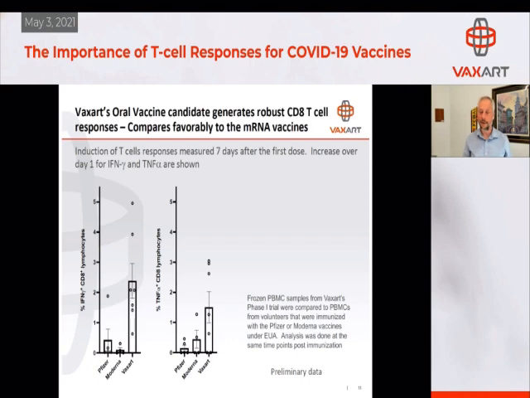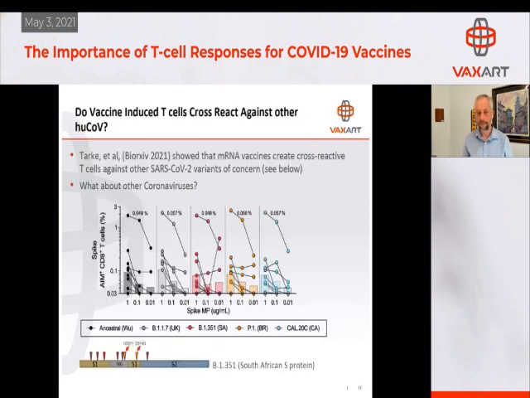We're getting basically the same subjects had a pretty equivalent response that we saw before, and the Pfizer and Moderna are getting responses that are much more in line with what has been reported in the literature. So again, from our standpoint, it looks like we compare quite favorably on a T cell response against SARS-CoV-2 responses and how you make gamma interferon and TNF. If we go to the next slide,